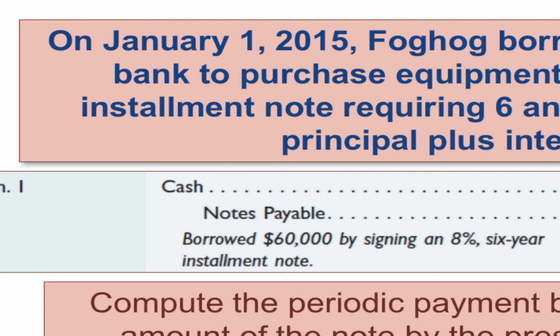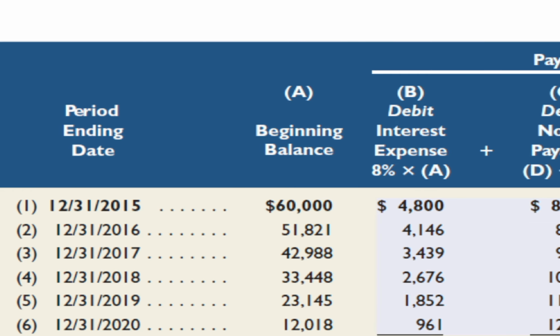Remember, as of the first day of this contract, there is no interest due. Interest accumulates over time. So as of the first day, we only owe the principal back. Then as time passes, we owe not only the principal, but also the interest payments. So this is what that schedule would look like. And this is, again, the example of something similar to a car loan, where you're making monthly payments, and each payment consists of part interest and part principal.